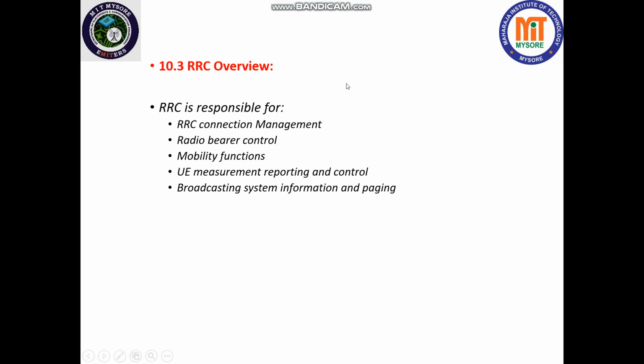Hi all. In the previous lectures, we have studied the different layers in LTE, which are the PDCP sublayer, RLC and MAC sublayers, and the next one in this list is the RRC layer. RRC is Radio Resource Control Protocol. It is used in LTE on the air interface. It is a layer that exists between user equipment and eNode B. eNode B means your base station, and it exists at the internet protocol level.